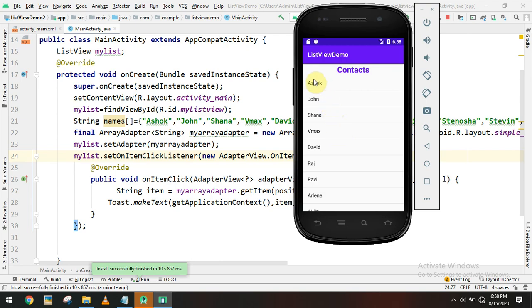Here one more thing is, this is a default list view. It looks like this, and in the default list view, the background is white color and the foreground is black color. If you want to change this layout, every item layout, we can do that. For that, we have to create a separate layout UI design XML file, and we have to define a text view to change the text item features like background color and the size of the text, everything if you want to change. So I'll tell you how to do that.